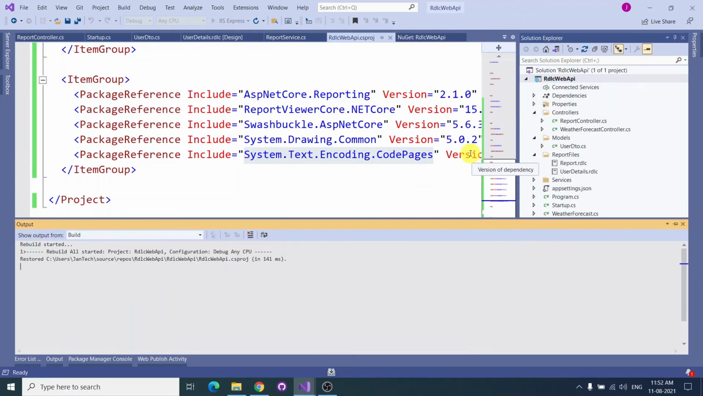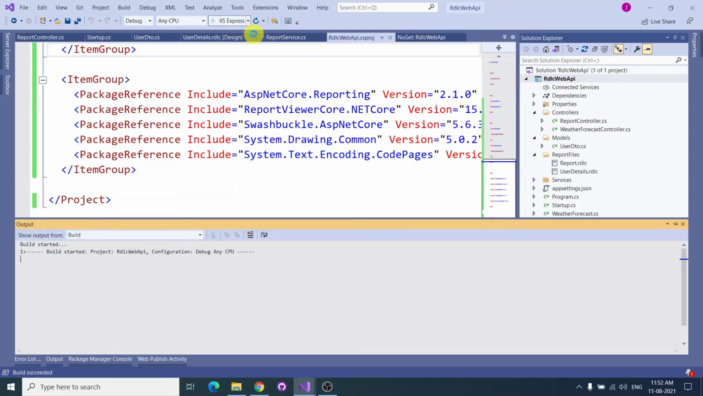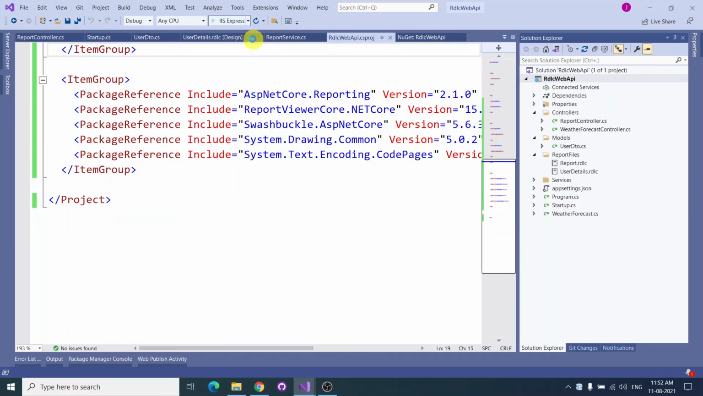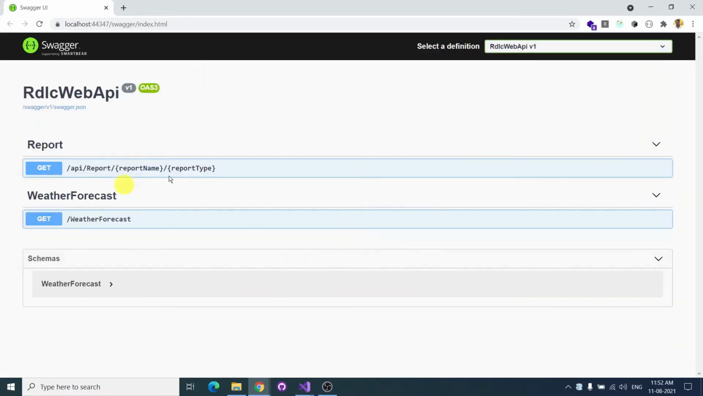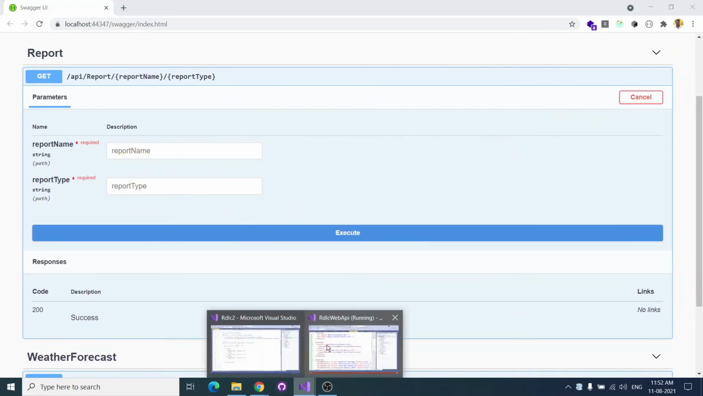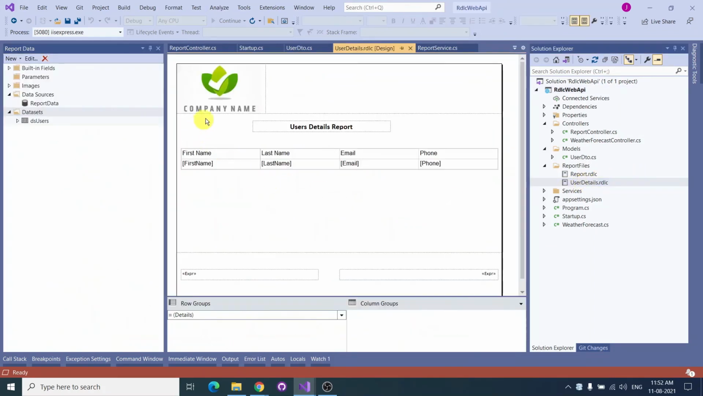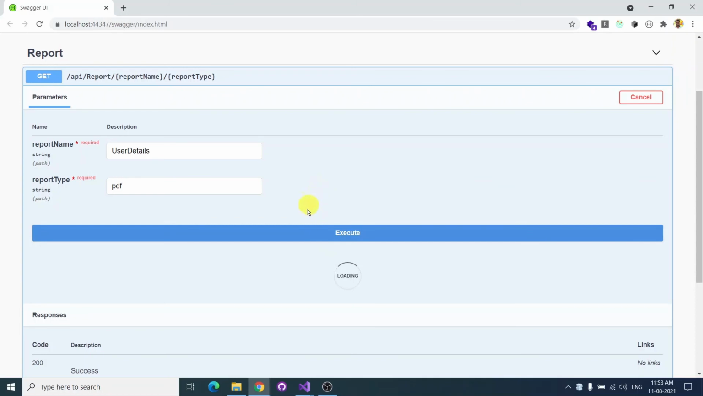So I'm just rebuilding the application. It's got success, and I'm going to run the project. The project is running now. Swagger with the API endpoint is there. So report name, report name is nothing but this one. User details, right? I'm going to provide user details. And what is the format I'm going to get? PDF. So if I press it,